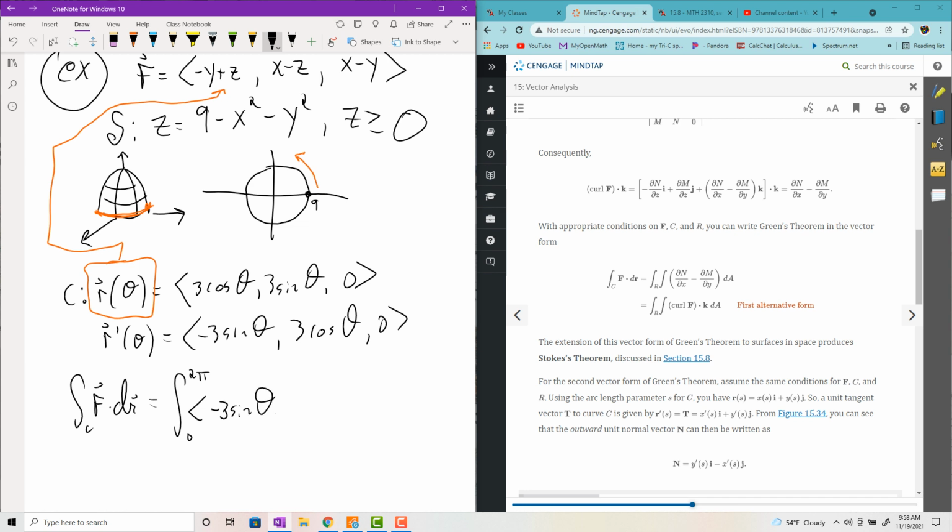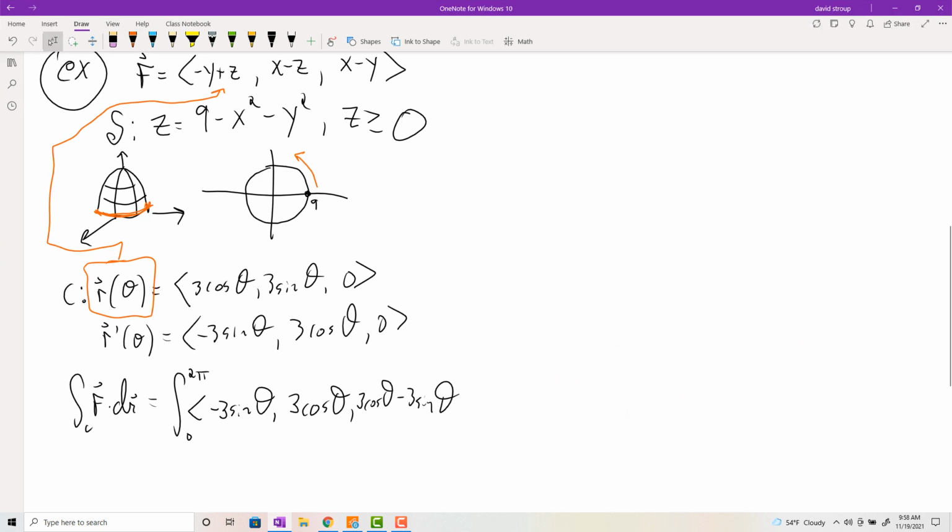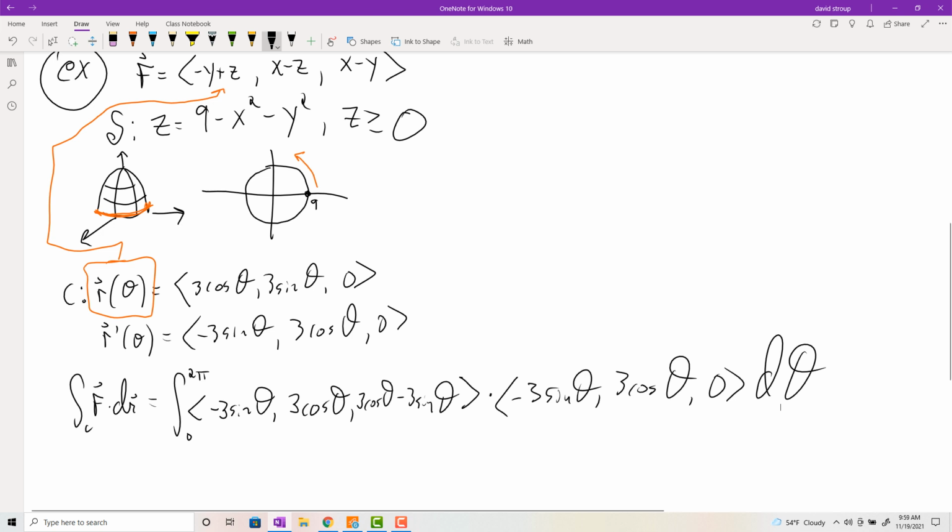Z is 0, thankfully. And then my x apparently is 3 cosine theta minus 0, and then x minus y, unfortunately, 3 cosine theta minus 3 sine theta. Okay, and then I need to dot that with r prime. So dotted with then negative 3 sine theta, comma 3 cosine theta, comma 0, thankfully, d theta, and here we